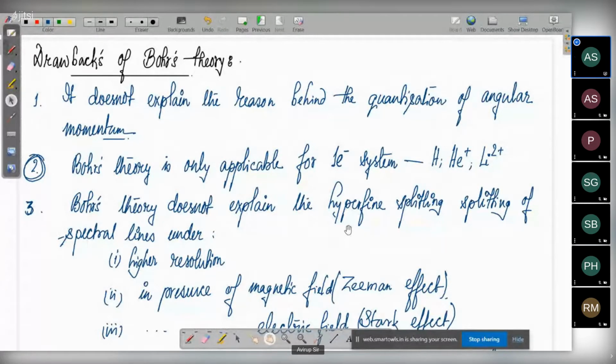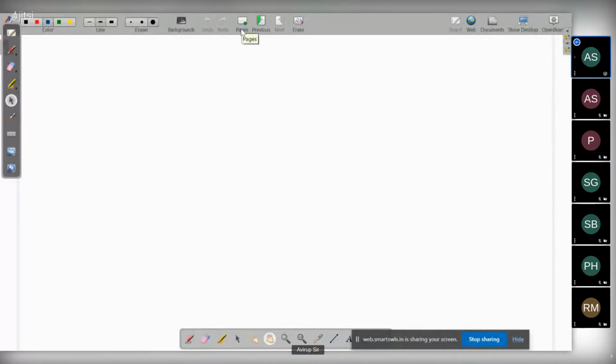Then in the next classes, we'll be learning about two theories: de Broglie's theory and Heisenberg's theory. So from now onwards, it will be a totally new model. We are done with Bohr's model, and now we'll gradually be doing the new model things. Although these things are new, they are very easy. You can easily understand de Broglie now, although we'll do it in detail in the next class.